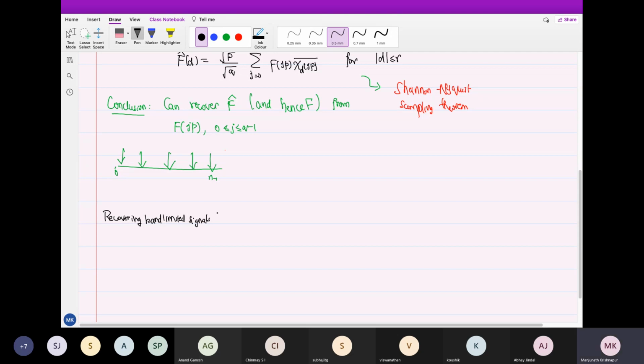One second, what is the exact phrasing? Let me look it up, I forgot that. Yes. So recovering a band limited... oops, sorry, I lost the window. One second. So recovering band limited signals from incomplete